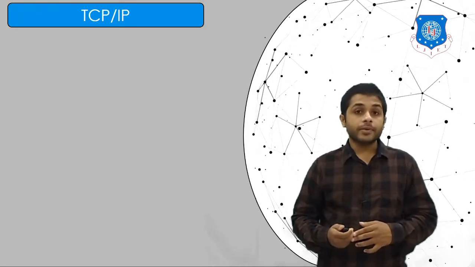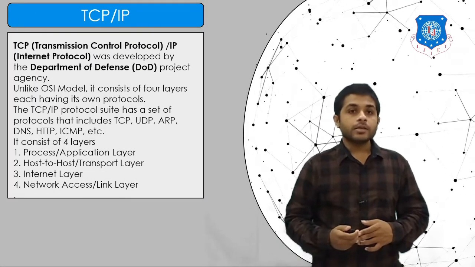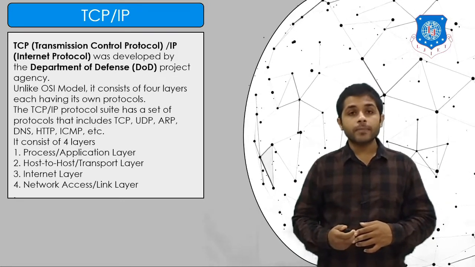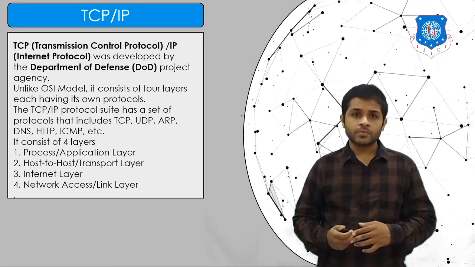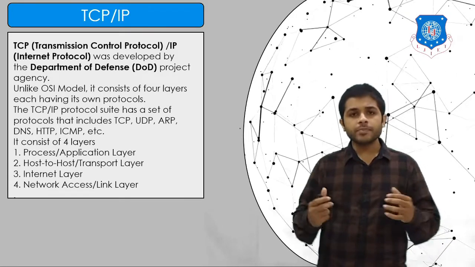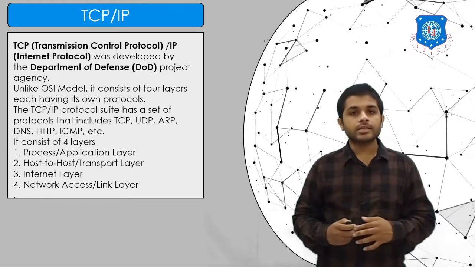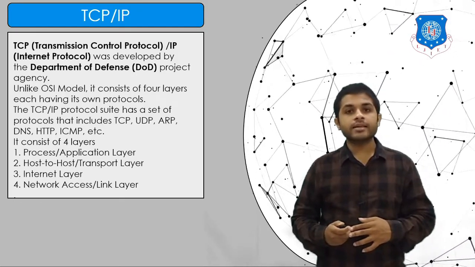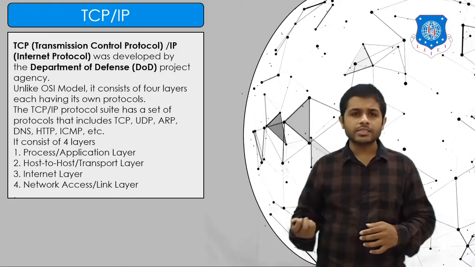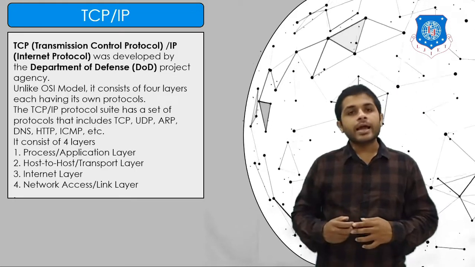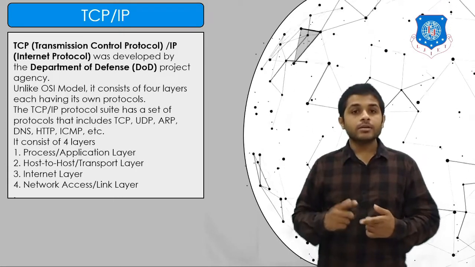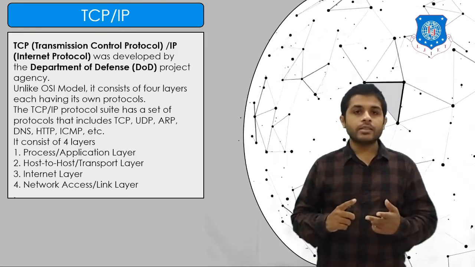Now what is TCP/IP? TCP/IP stands for Transmission Control Protocol or Internet Protocol. It was developed by the Department of Defense. TCP/IP is a set of protocols, and there are many protocols available in it. For example, there is the Transmission Control Protocol, User Datagram Protocol, Address Resolution Protocol, DNS, HTTP, ICMP, and many more. And TCP/IP has 4 layers: the application layer, transport layer, internet layer, and the network access